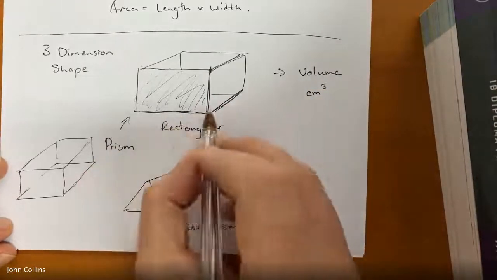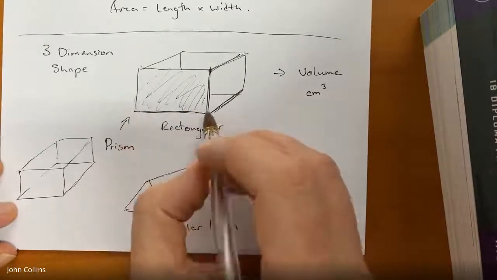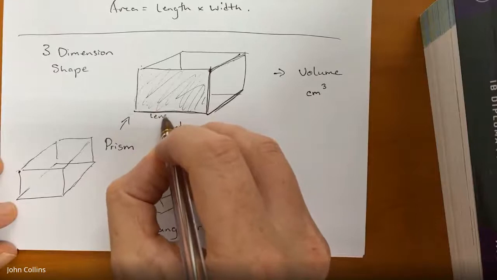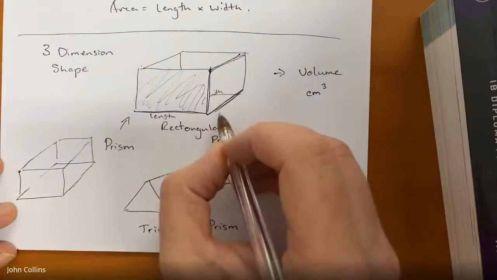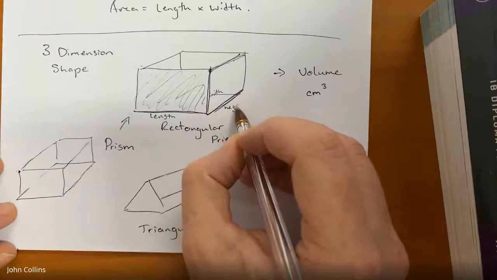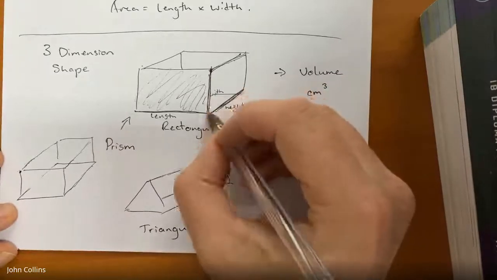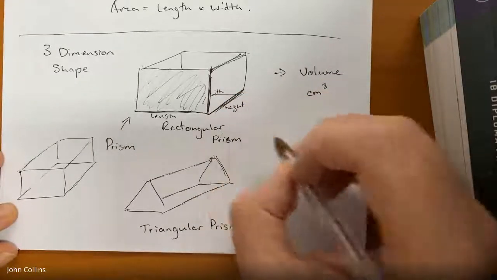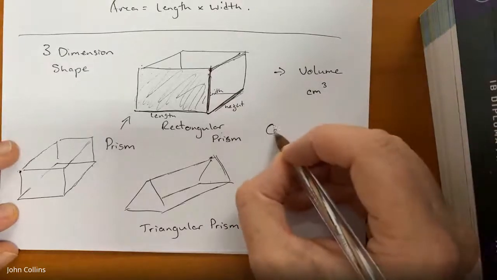Okay, so on a 3-dimensional shape, you can label the sides if you want, of a rectangle. So you can go length and width and height or depth. You can call this height if you want. So these are the different dimensional names: length, width, and height. You can put those in if you want. If I want to calculate the volume,